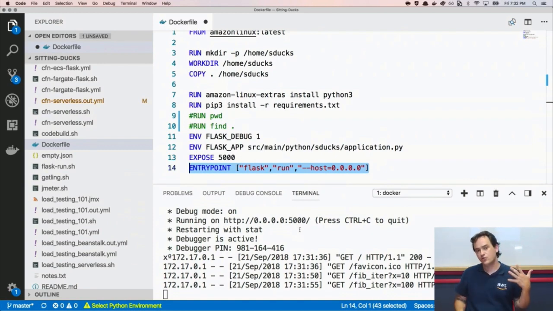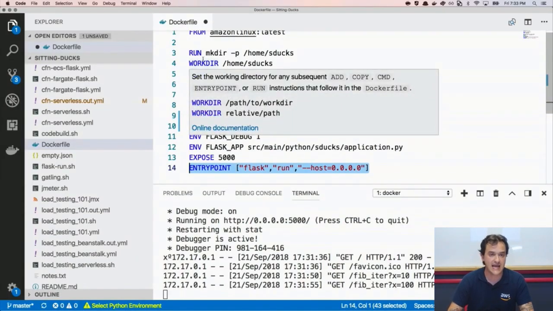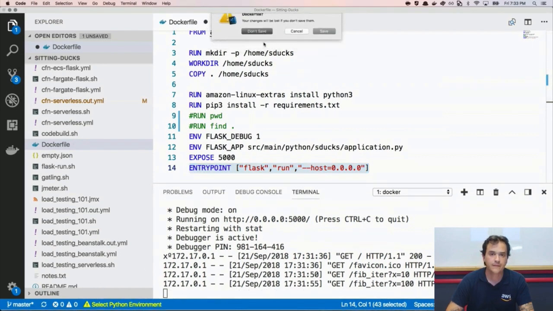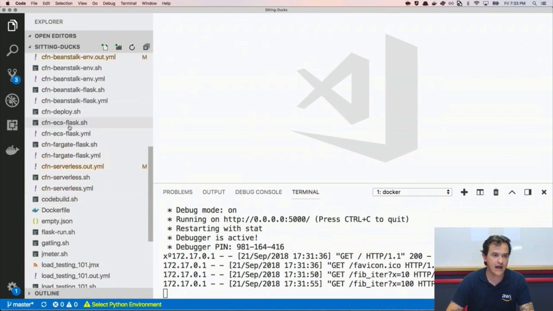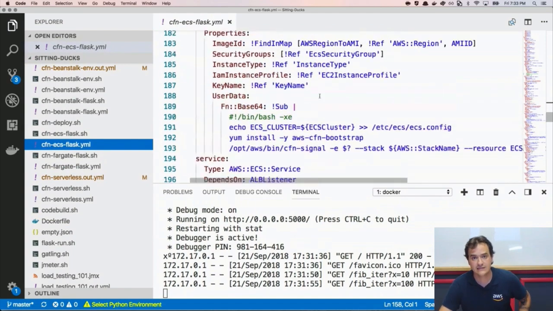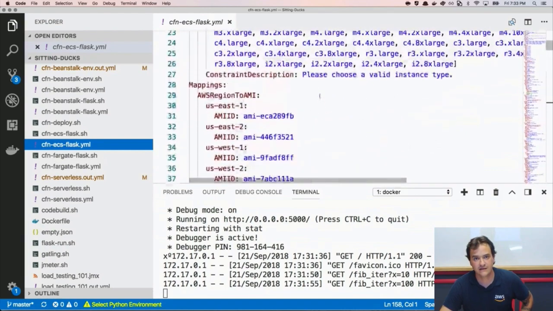So now we were able to run this container on our own machine. Now we want to run this on the cloud and upload it and have it managed for us. And there are two ways to do it, actually. So we can run containers on ECS. ECS is Amazon's Elastic Container Service. I have the ECS Flask container definition right here, and this is the CloudFormation template to run it on EC2